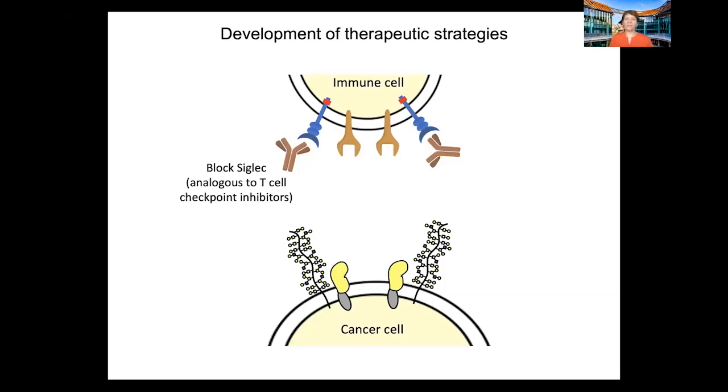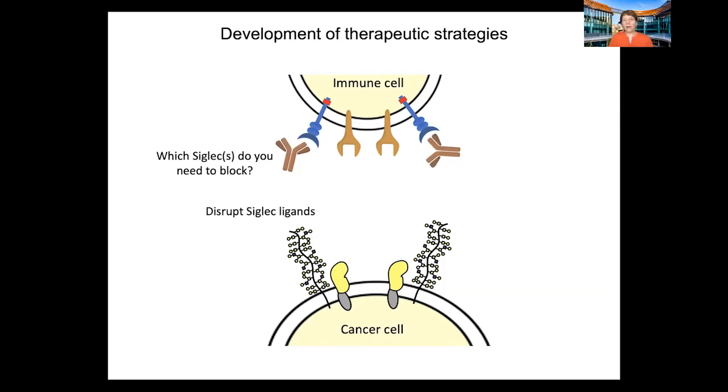That's an antibody that blocks PD-1, the receptor on the T cell, so that it doesn't engage with the ligand on cancers. The problem is that there are 14 members of the Siglec family, and based on our biochemical analysis, at least 5 or 6 of them could contribute to immune cell suppression in the environment of the tumor. So you might have to block multiple members of the Siglec family, and you'd have to know which ones are the most important for a particular patient's cancer.